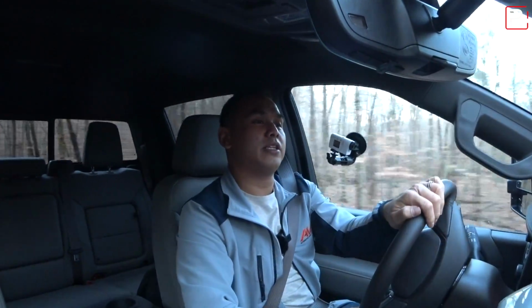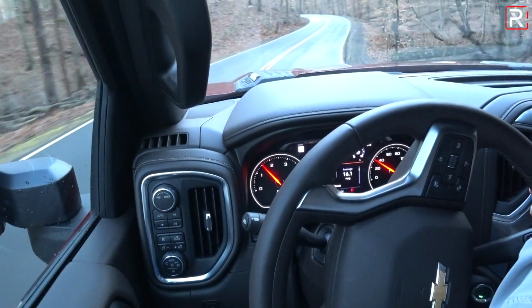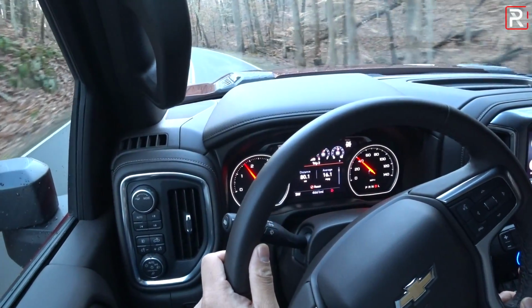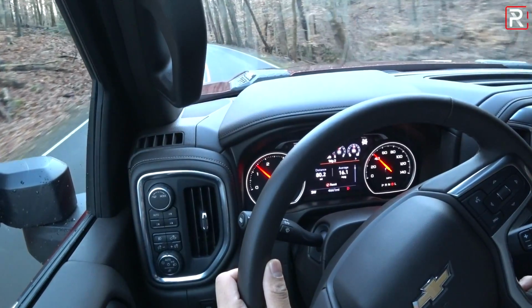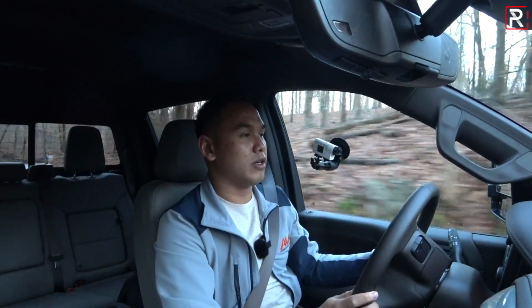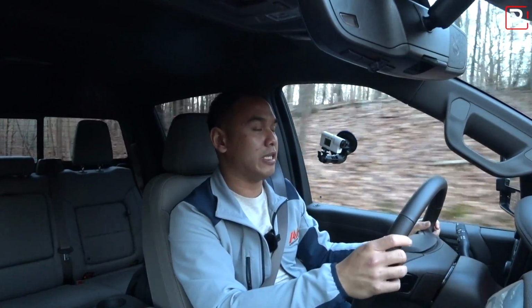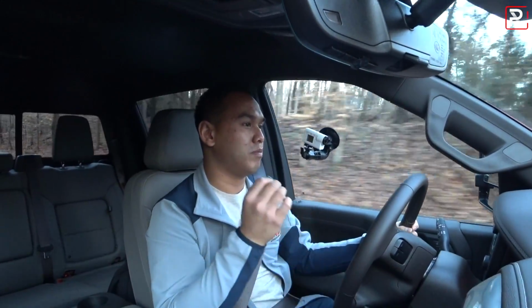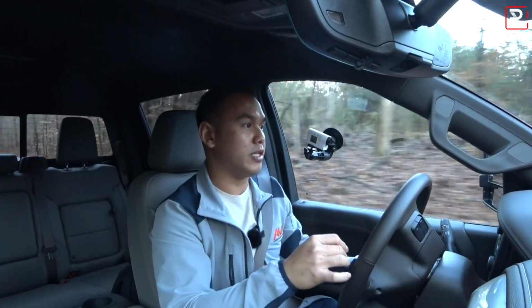Now, handling is always something I like to test, but with these big trucks, they're not really meant to go handling. Obviously, they have a recirculating ball type power steering. You got a live axle at the rear, independent front suspension, which is slightly different than some of the competition. And it's just a very refined truck. I think that Chevrolet has basically put all their engineering funds into making sure the engine and powertrain are sound,